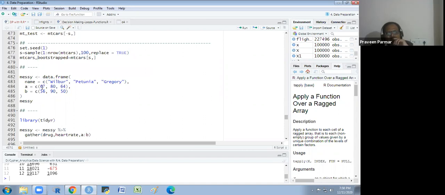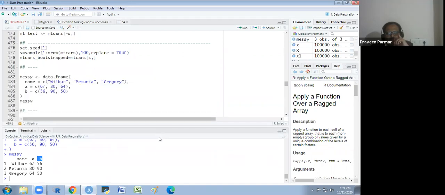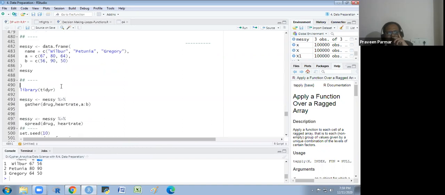After that, we are measuring the heart rate after giving this medicine. I will show you this messy data. It's like this: name of the patient and the medicine, and after that medicine, we are checking the heart rate. And I'm using the dplyr and tidyr libraries for this.